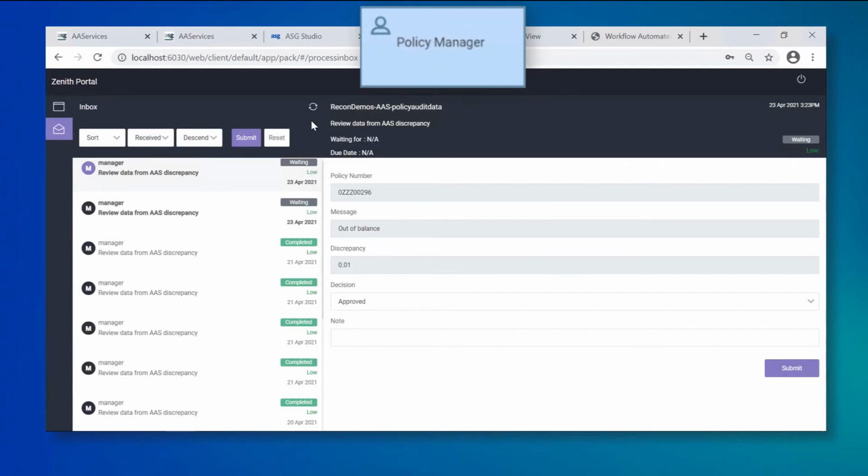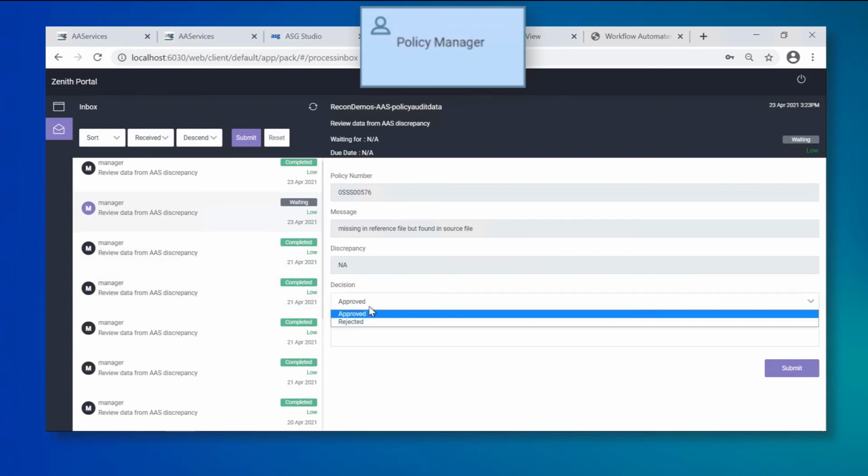The manager persona reviews one of the notifications and decides to approve. For the second notification pertaining to a missing record, a follow-up notification is being triggered to an associate.